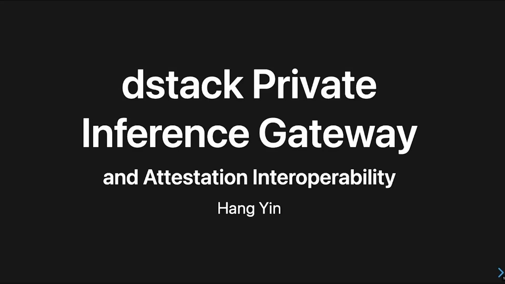So in this talk, we're going to talk about private inference. Actually, for private inference, it means two things. One is you can make sure all the inputs and outputs are private, so you don't need to worry about anyone spying on the data you give to the LLM. But on the other side, how can we convince ourselves that this is really private? That's another question also closely related to private inference itself.